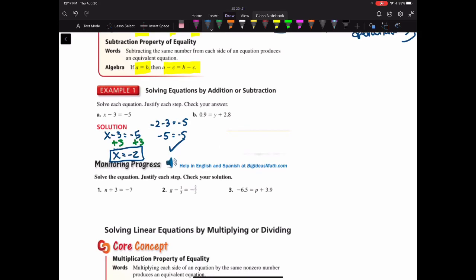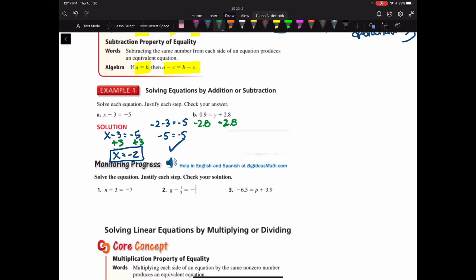All right. Next example B, we have some decimals here. So what's our unknown? The letter y. y is positive already. So we're going to use the inverse operation. Our operation is addition of 2.8. So the inverse operation, which will cancel it out, is subtraction by 2.8. It's an equation, so both sides have to be equal. So what I do to the right, I have to do to the left, or vice versa. And so we have